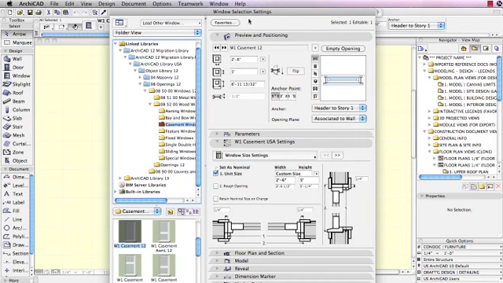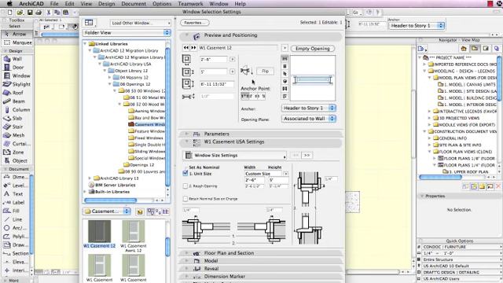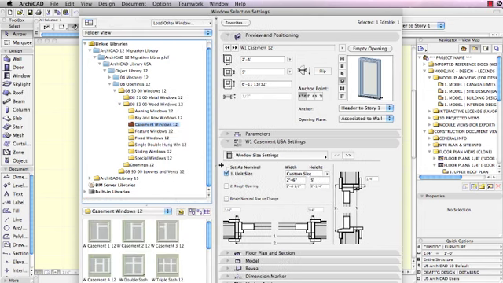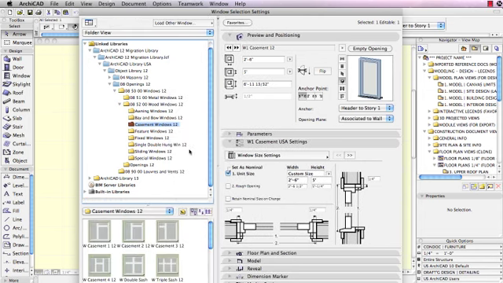Okay, because I'm recording at a lower screen resolution, some part of the library dialog box is off screen. But in any event, this is a casement window 12, and you can see it has a certain look. Now, if I were to switch this to a version 13, and let me widen it out a little. If I wanted to switch this to something from the 13 library, I would just open it up on the left side here